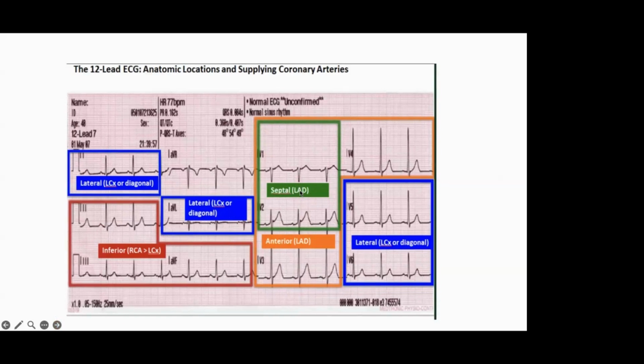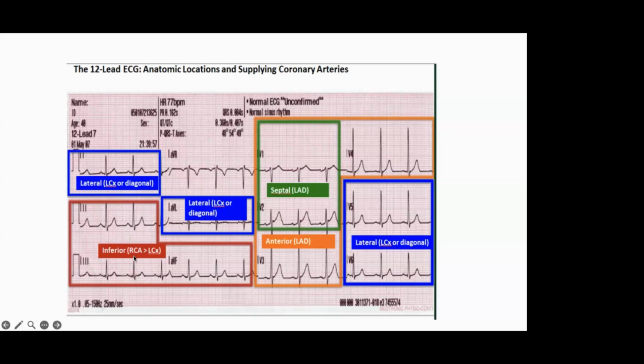Septal is supplied by the left anterior descending artery, and the entire septal myocardium as well as the anterior wall is supplied by the left anterior descending artery. V3 to V6, V3, V4 is anterior, V5, V6 almost all LAD territory, distal LAD territory, and II, III, aVF